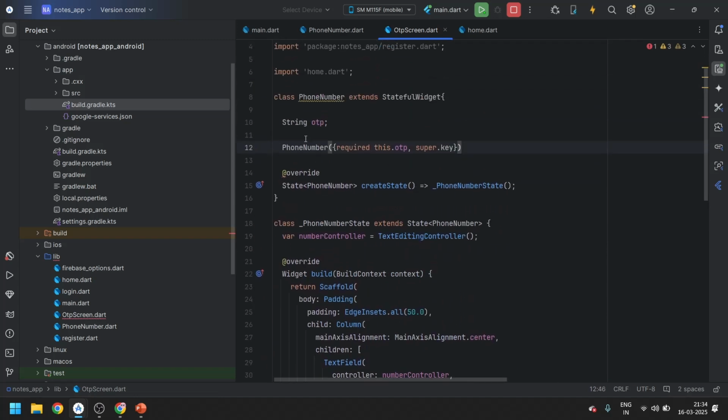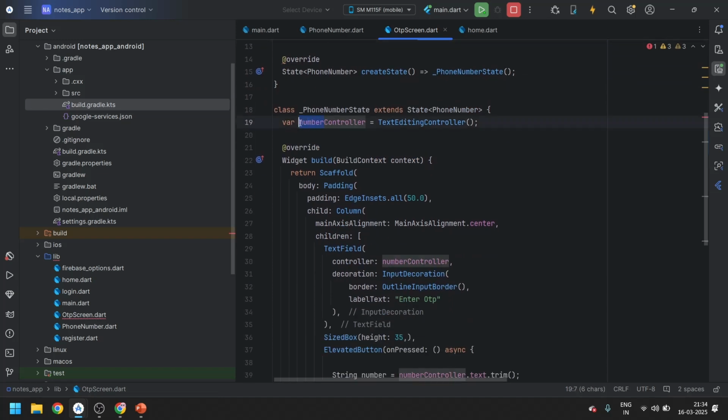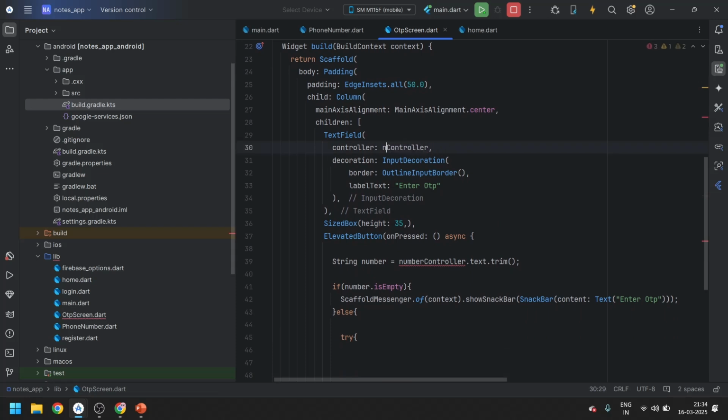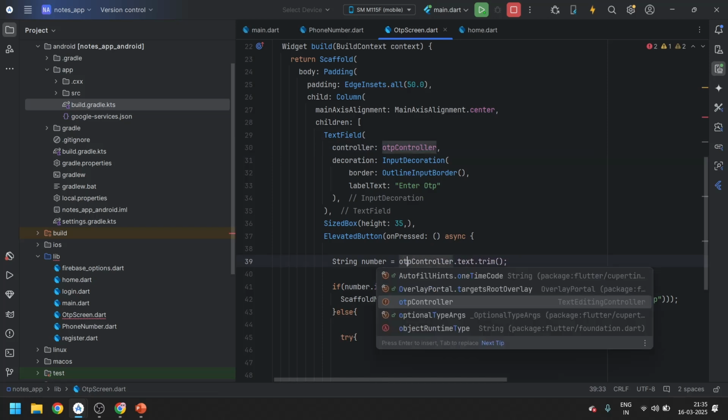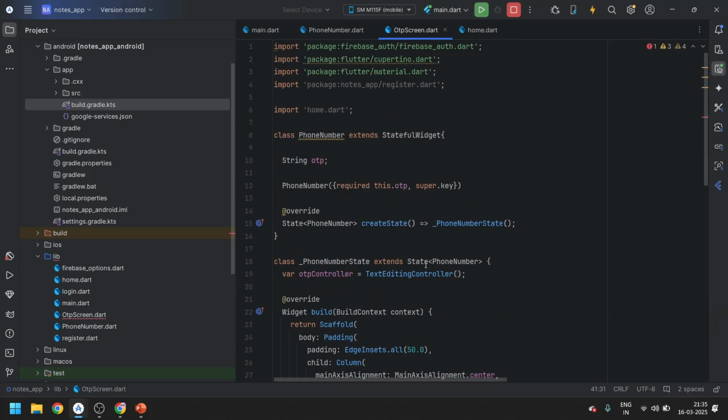So now we will get the OTP from here in OTP controller. So it's done.